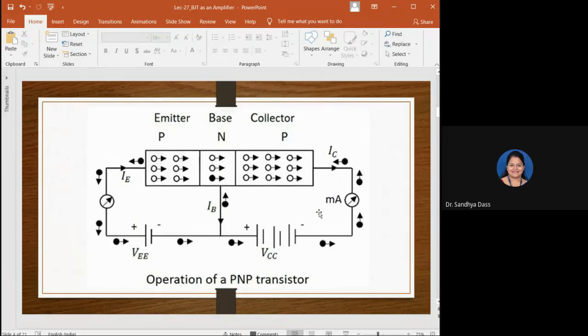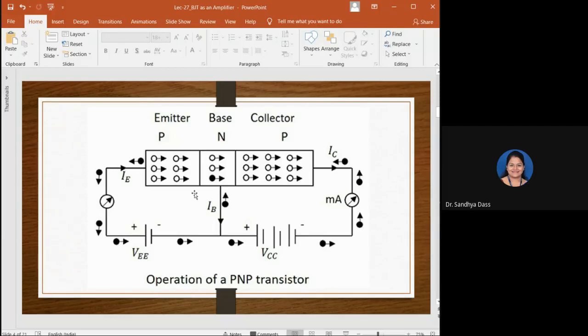All right. So similarly in PNP transistors as well. Okay. In PNP, we know that the majority charge carriers in P-type materials are holes. All right. So the collector terminal here obviously has to be connected to the negative terminal of the battery, right? In order to make the majority charge carriers flow in the circuit here. All right. So this collector terminal will be connected to the negative of the battery. All right. And in the N-type material, the base terminal will be connected to negative here, causing this junction to be forward biased.